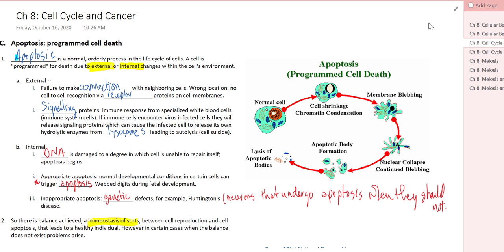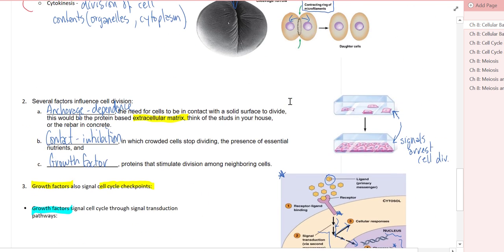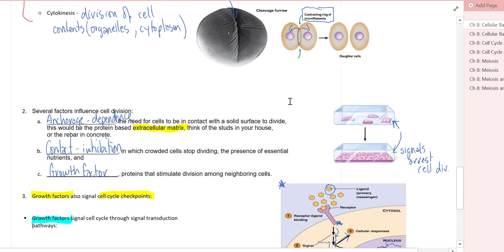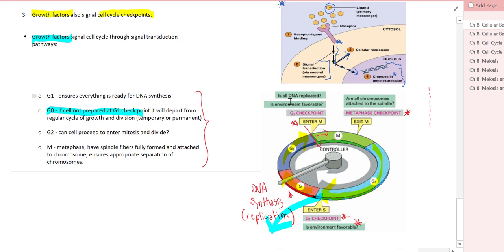Hey everyone, so this is where we left off on our last round of notes, just talking about apoptosis and how programmed cell death is a normal function of cells. So if we put everything into perspective and flash back in terms of talking about the cell cycle in general, we emphasized that the cell cycle is this normal process in which